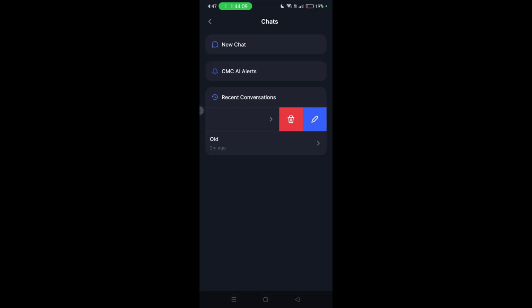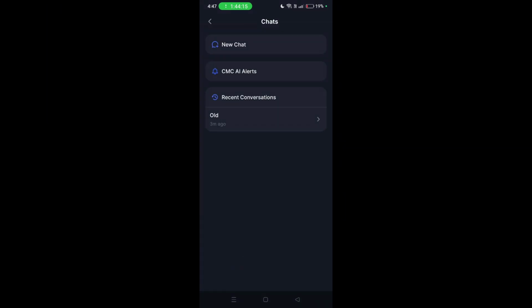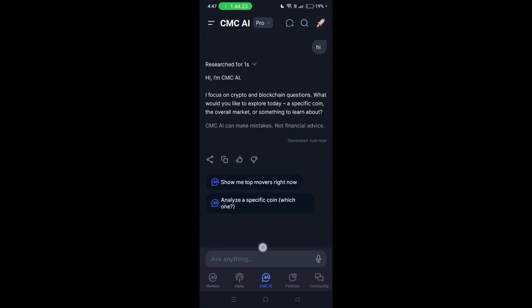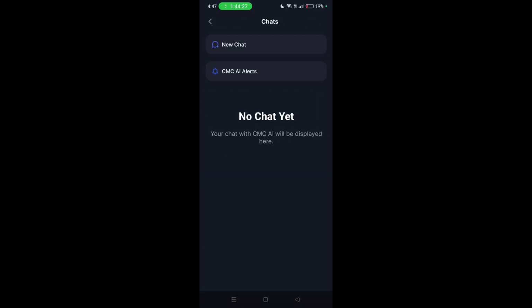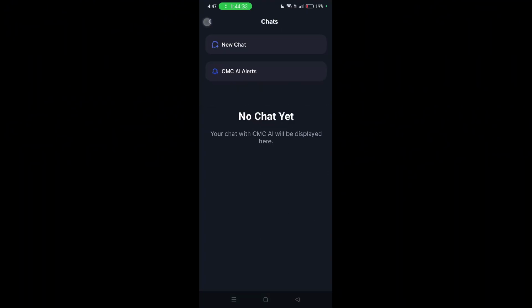And then once doing that, all you need to do to delete is just press on delete. And here you will see remove this chat. Press on that. And also for the other one, the last one, just click on remove chat. So once we go back right here, as you see, it's still there. But once we start a new chat, for example right here, new chat, and then go back right here, and then click on the two horizontal lines top left corner, as you can see, there are no more recent chats right here.